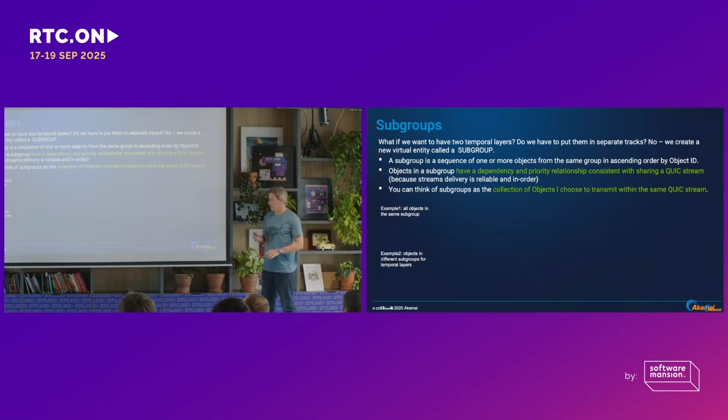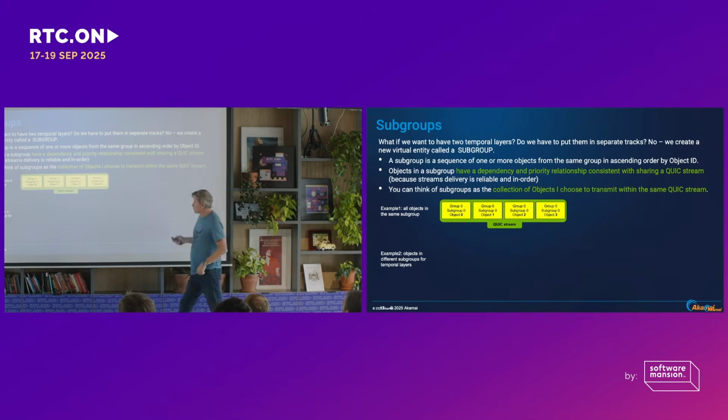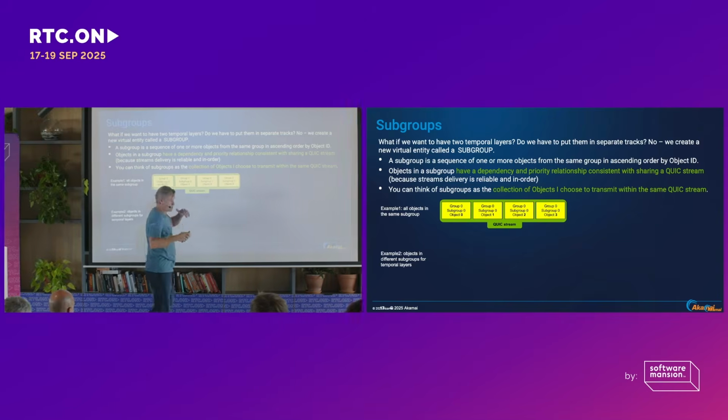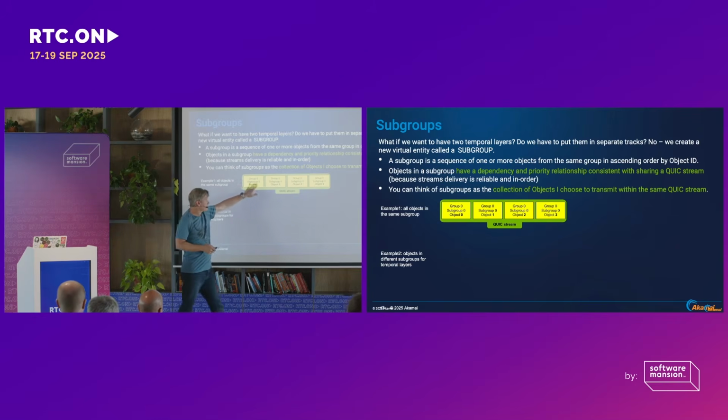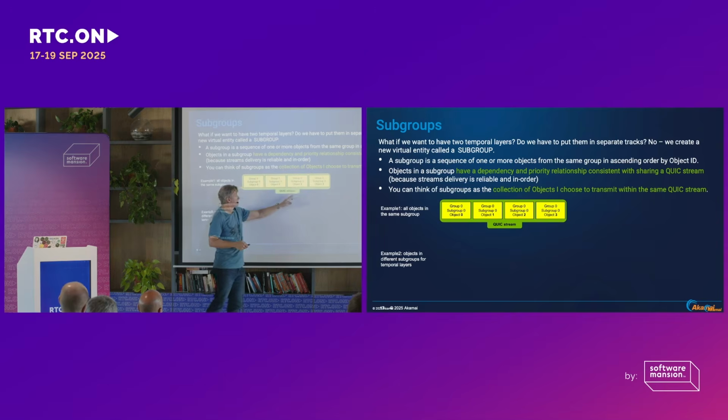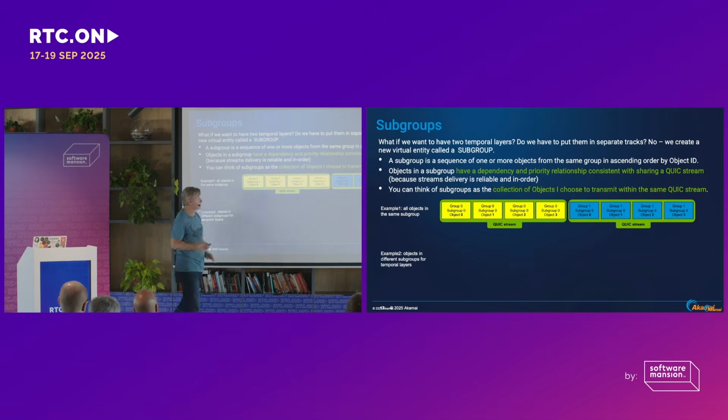Subgroups are interesting. And again, there's too much text on this slide, but normally if I have QUIC streams, my challenge always becomes how do I map MOQ objects to my actual transport layer? And I've got these individual streams. Do I put everything in the same stream or not? So if I have a QUIC stream, I can put my group, which will be a keyframe and then some frames of video, and this might be my GOP. And I put that in one QUIC stream and the next one in another. That's one way to map it, right?